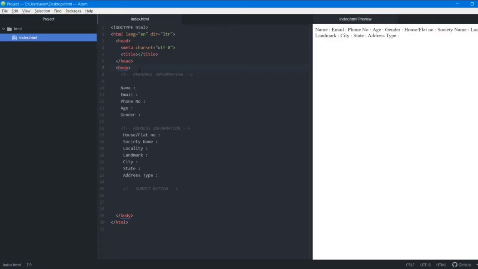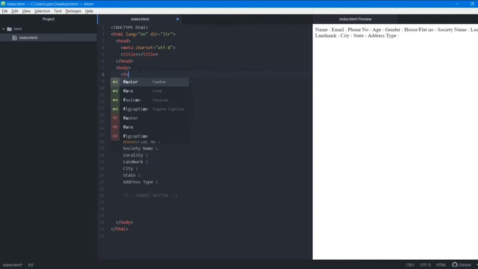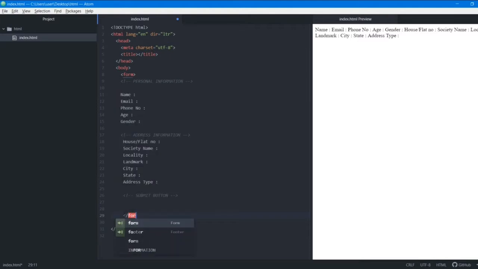Okay, so now we know that we have to write all of the content inside a form tag. So we'll open up a form tag and we'll close off this form tag at the end. Okay, we closed it off here. Now we know the two attributes that are needed. The first is the action attribute, we'll leave it empty because we don't have a server right now. And the second one is the method attribute and we'll give it a post value.